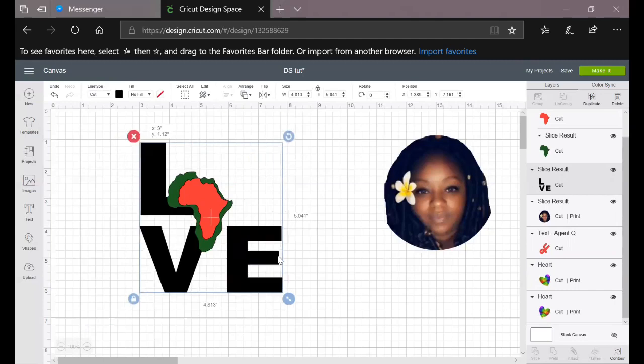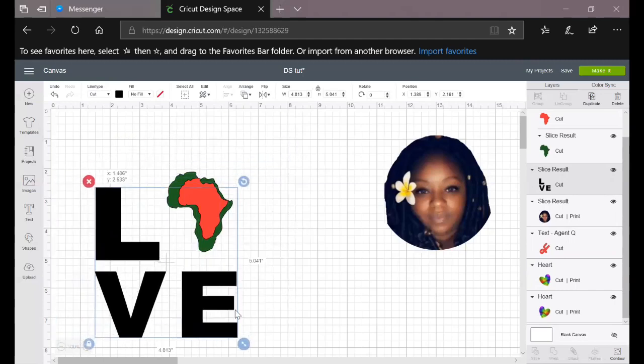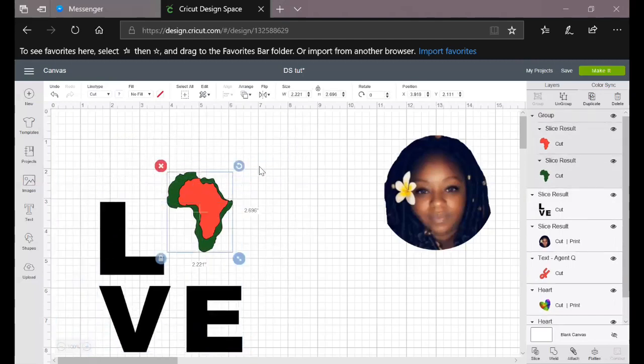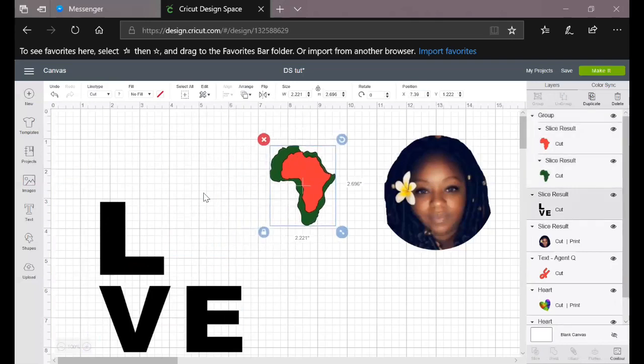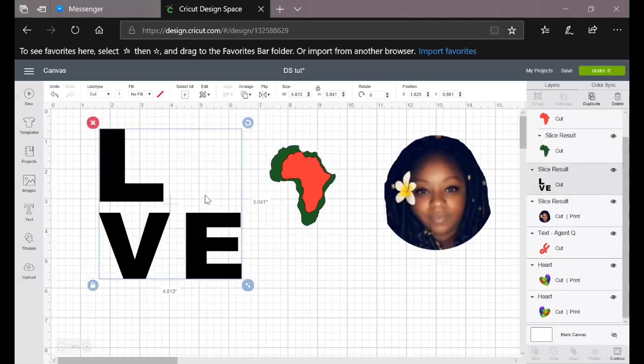So that is slice. Leave anything in the comments if you want to know anything else about slice, or why would you use it? But that's basically what it does. It literally slices